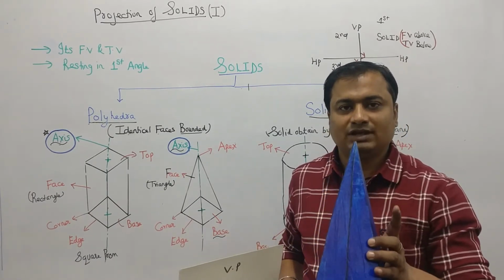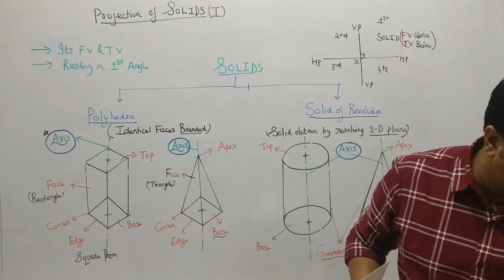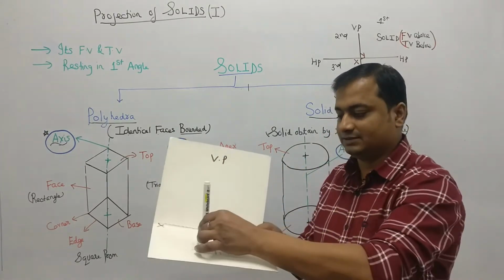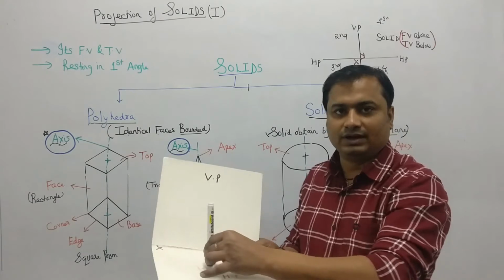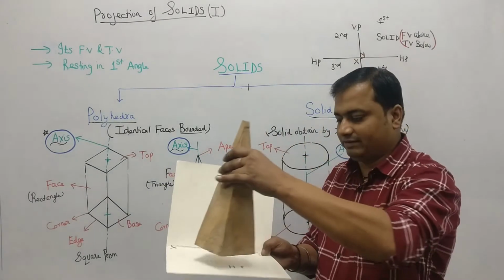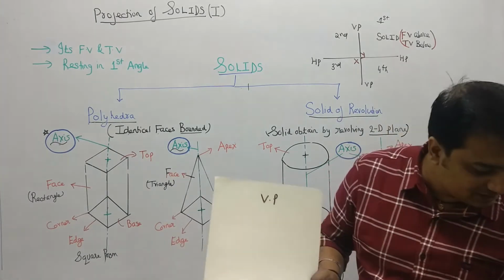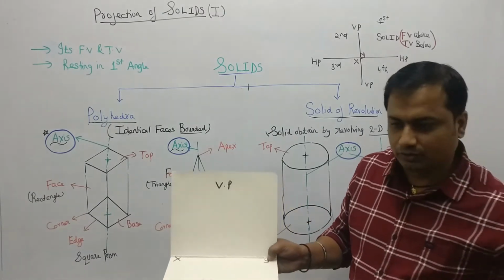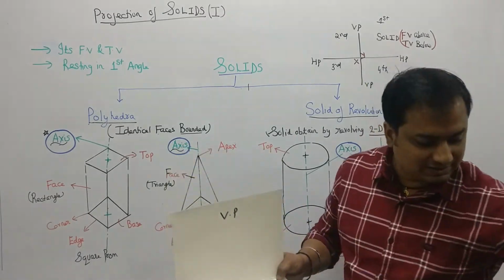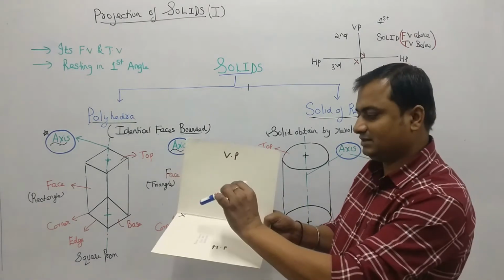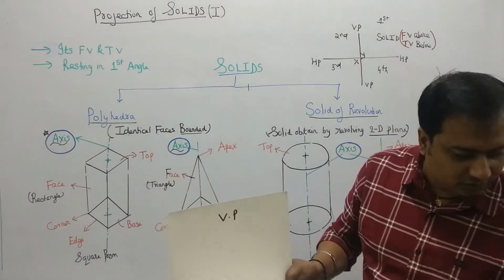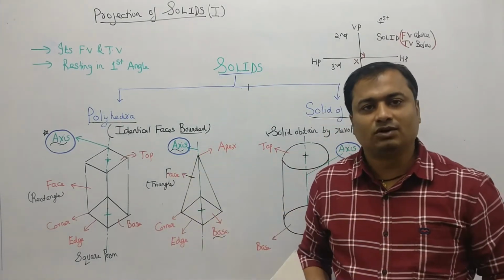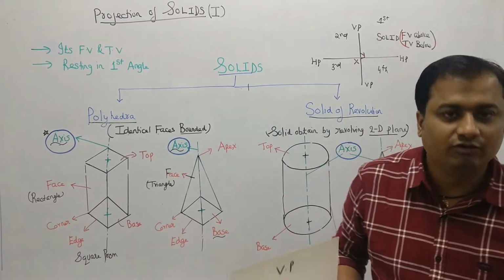All the cases depend on the axis, because if I say the axis of the solid, just imagine this is the axis of all the solids. If the axis is like this for all the solids, then the solids are also going to rest like this. If I say the axis is like this for the solid, what does it mean? Your solids are also going to be moved like this. If I say the axis is inclined with the HP, it means the solid is also going to be tilted like this. So that means the behavior of all the solids depends on the location of the axis.